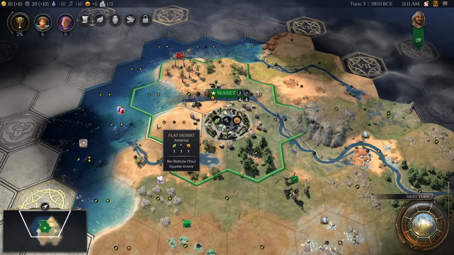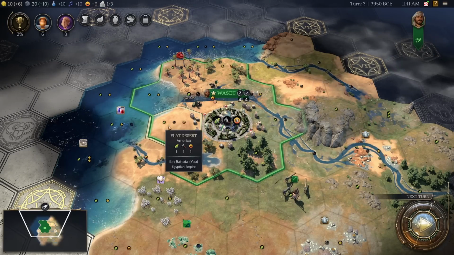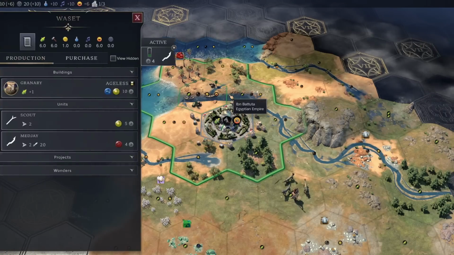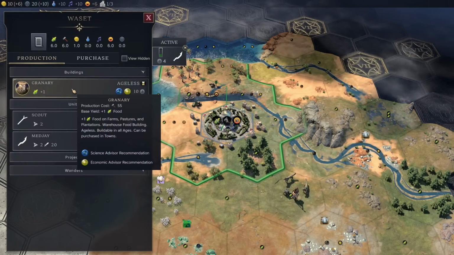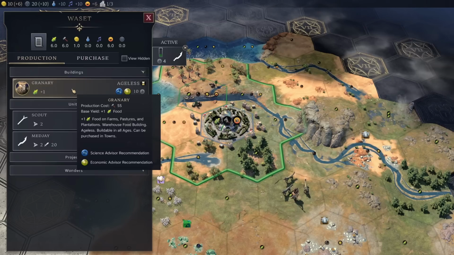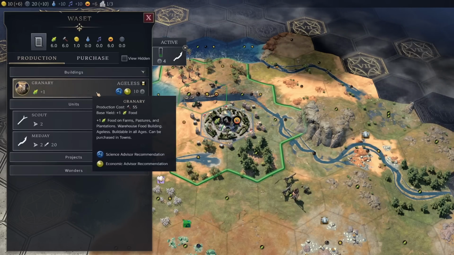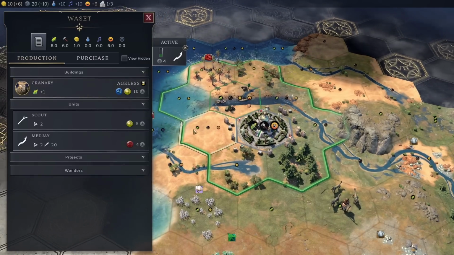Now let's go ahead and talk about urban districts instead. Urban districts in Civilization 7 are created whenever you construct a building. You can see right here we have the option to construct a granary. When you place an urban district on a tile, you do not receive any yields from that tile, but instead receive the building yield. So you'll see here, if I take this granary and I place it on this tile,